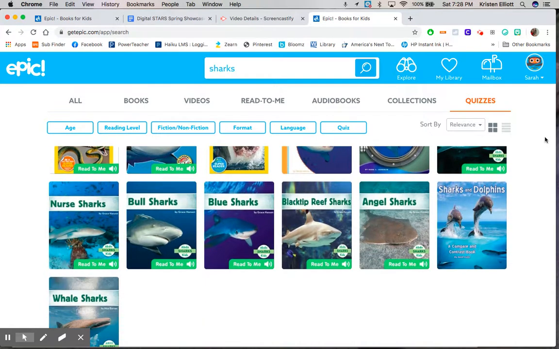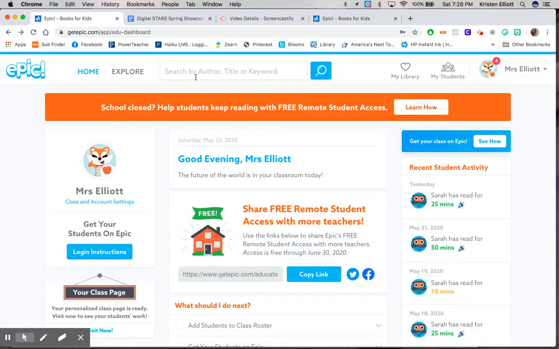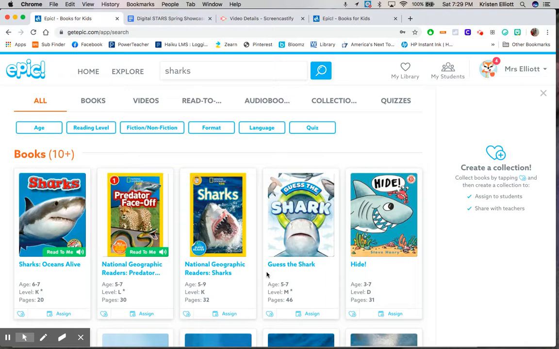And these are all the books that have quizzes. Okay, so lots of ways to limit your results. The only difference on the teacher side, I'll show you what that looks like, is that as you are doing your search, you're going to have this bar over on the right that says create a collection. And so if you're seeing a bunch of books that you really, really like as you go,